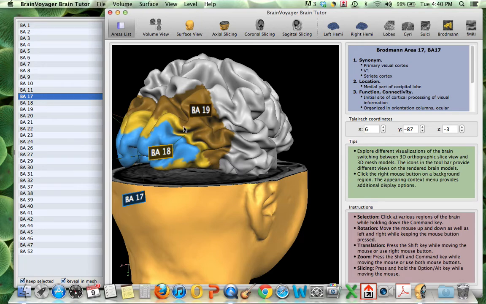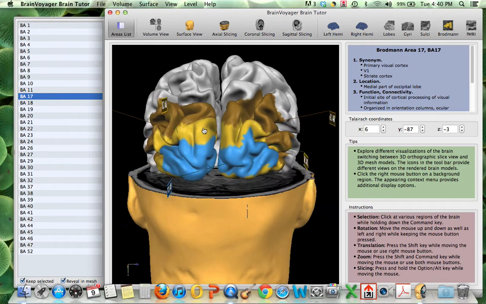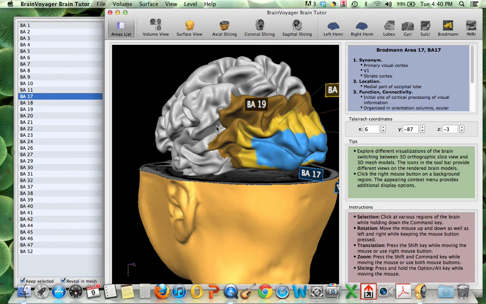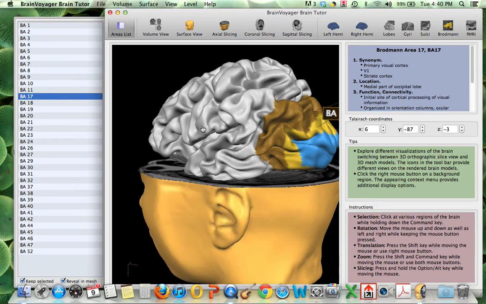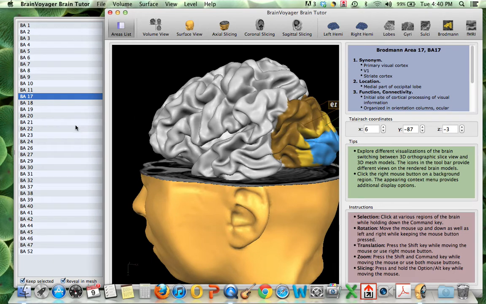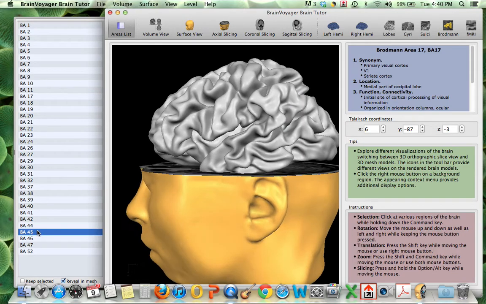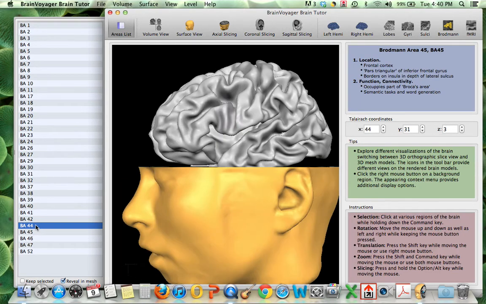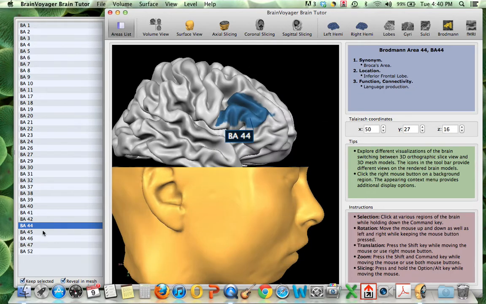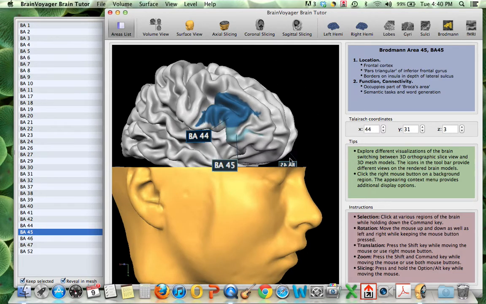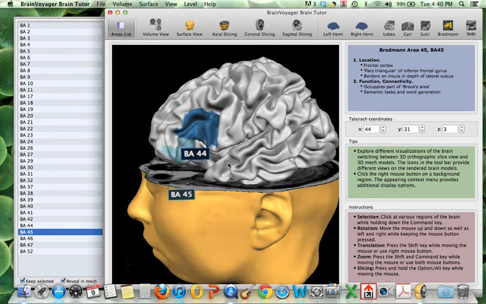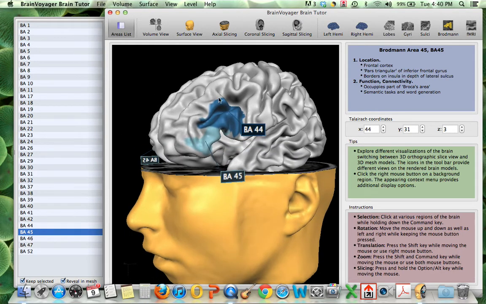All right, so that can be useful in terms of getting ready for the different types of pictures that you may see on Brain Voyager. Let's do one more, and that is on Broca's area. So in Broca's area, we have area 45 and area 44. These are useful because they help to illustrate another point that I'd like you to know. It is fair game for me to ask you not only what lobe this is in, but what gyrus